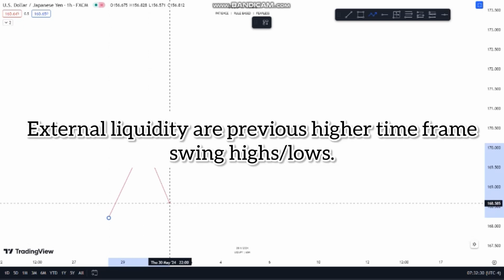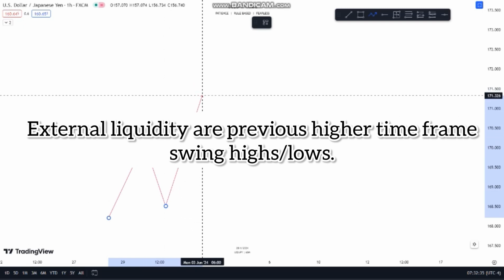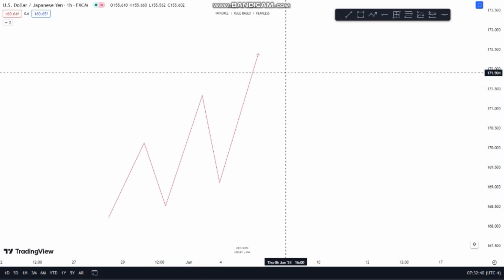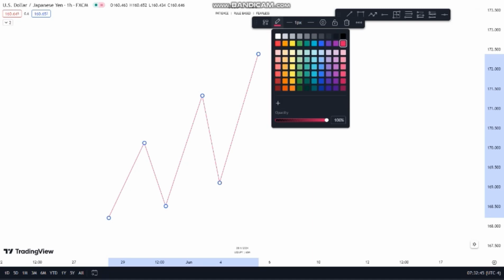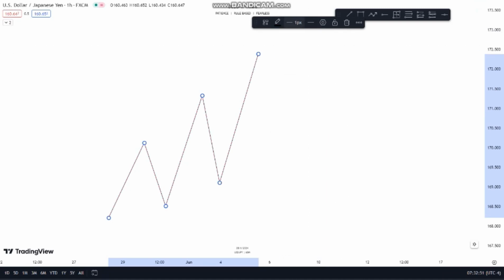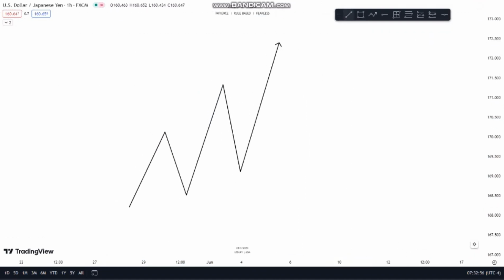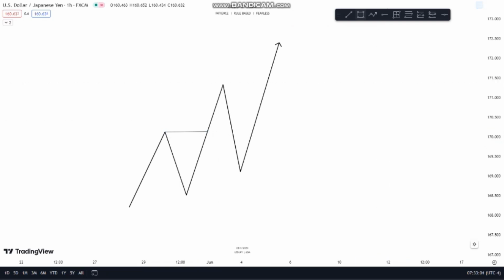External liquidity are previous higher time frame swing highs and lows. This is what I'm drawing now. This is the daily time frame, and every previous high of it will be what? Liquidity. Just like when price created this range